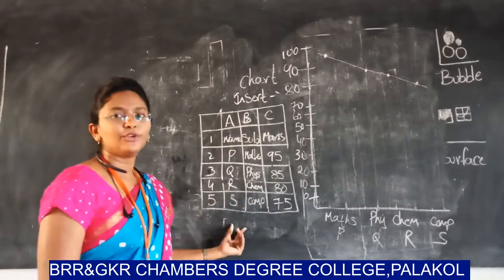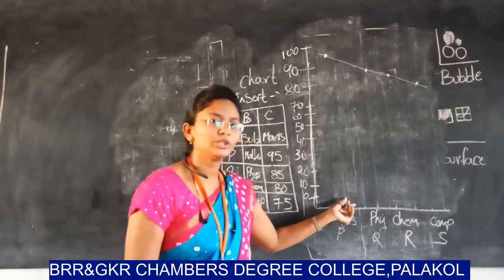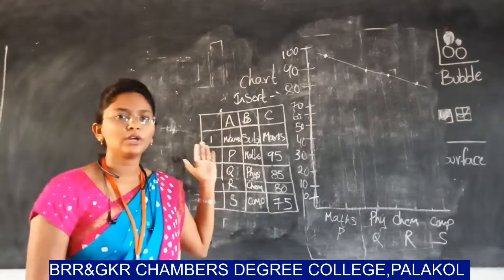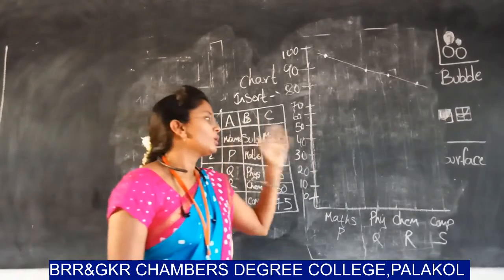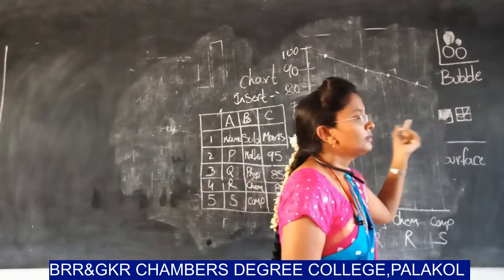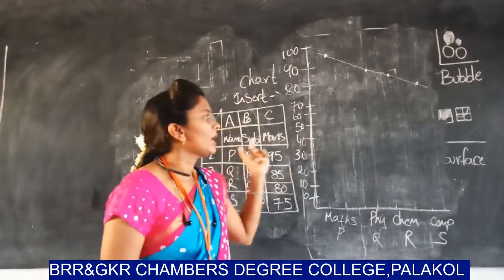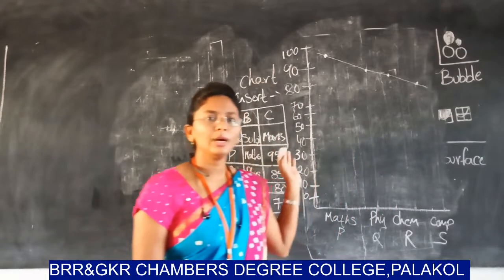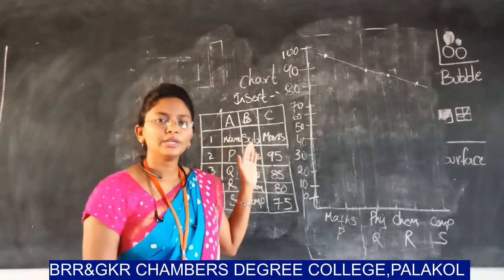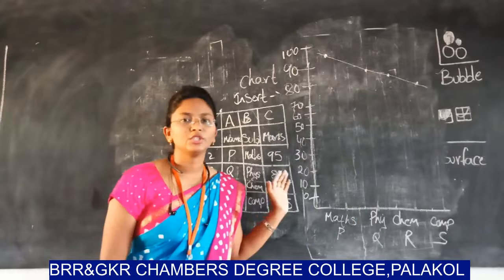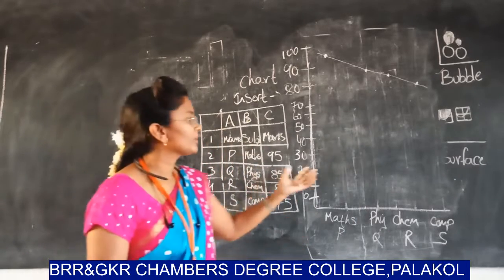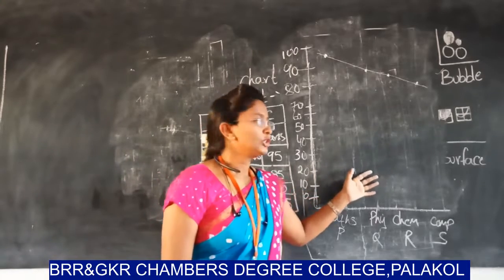Same data, but the way of representation is different: the first one is the column chart and the second one is the line chart. If you click on the pie chart or bubble chart or surface chart, that will also be represented in the same way, but the difference of that chart will be different. As I showed in the types of charts, column chart representation is different, pie chart representation is different. Whatever representation is considered for that particular chart, that will be represented in this Excel sheet.